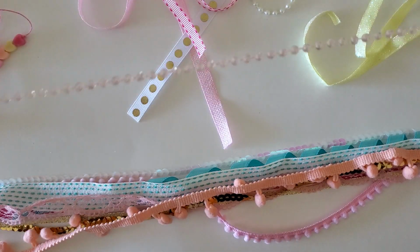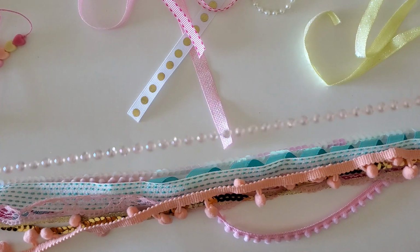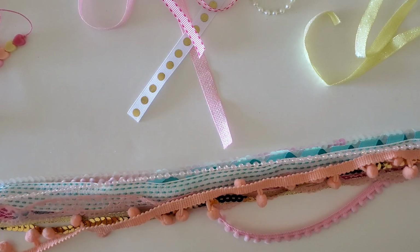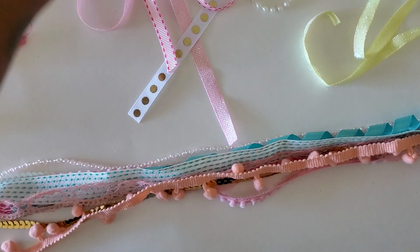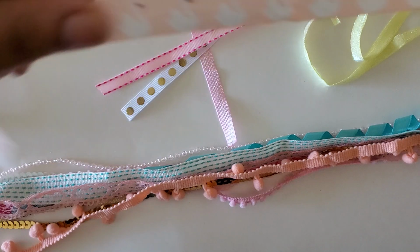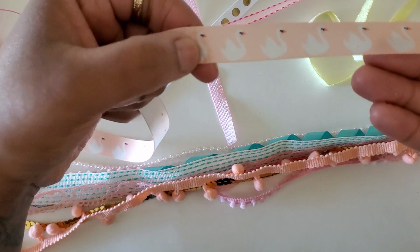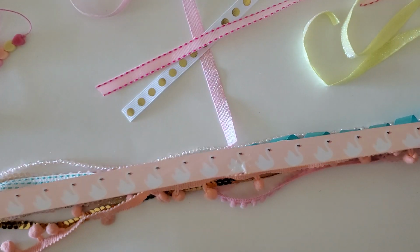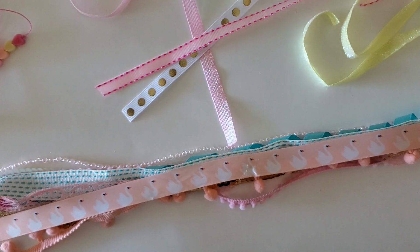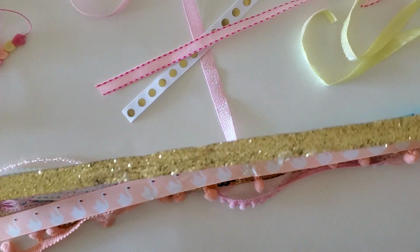And normally I don't layer these all together, guys. I normally just hold them in my hand and cut off what I need from my stash or from my supply, and organize them that way. But I'm laying them out just so you guys can see the texture and the prints that I have used. You can see a little bit of glue on this one, and that's okay, it'll be covered up because it's in the center. That glue was from yesterday, the one that I disassembled. And we have this glitter gold,